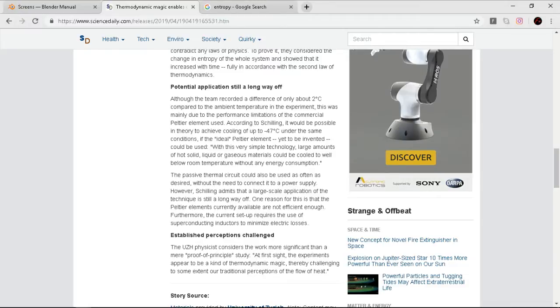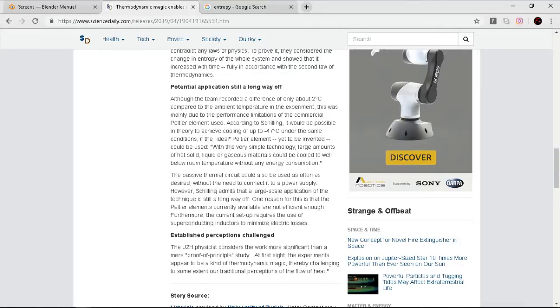Although the team recorded a difference of only about 2 degrees Celsius compared to the ambient temperature in the experiment, this was mainly due to the performance limitations of the commercial Peltier element used. According to Schilling, it would be possible in theory to achieve cooling of up to negative 47 degrees Celsius under the same conditions if the ideal Peltier element, yet to be invented, could be used. With this very simple technology, large amounts of hot solid, liquid, or gaseous material could be cooled to well below